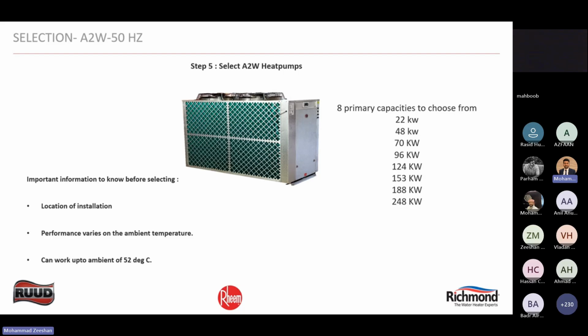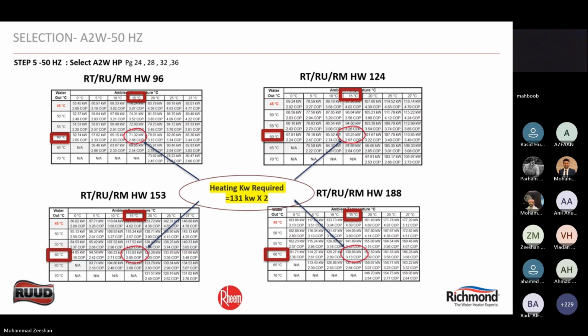Our heat required was 262 kilowatt as per the 2 hour recovery time. So I need to find my capacities based on the heat pumps that I have. There are multiple ways to do it. Again, there is no hard and fast rule. This is just a way. It's just the basic guidelines that we follow. So you are free to play around and come up to your own conclusions, and we can then validate that